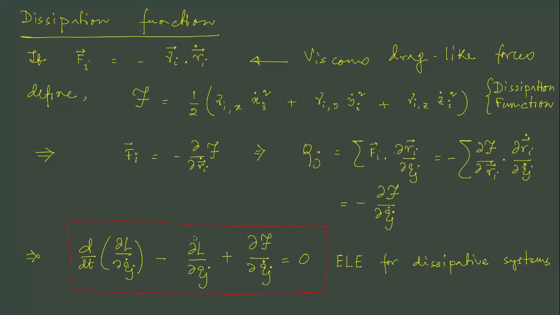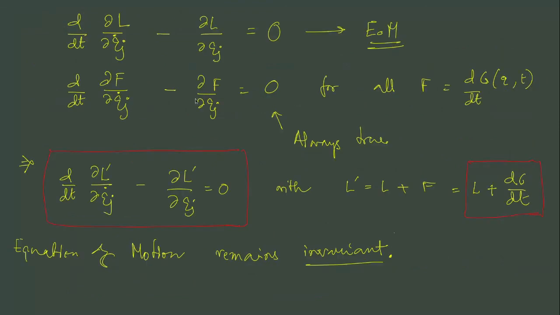So if we add this to the Euler-Lagrange equation, this is what we get. What do I mean by adding it to the Euler-Lagrange equation? Let us suppose we have a non-potential force coming from the drag force. In that case, we cannot absorb that in a potential. So L equal to T minus V, that part will give us the left hand side of the equation. The right hand side will still have a remnant Qj that could not be absorbed in the form of a potential.